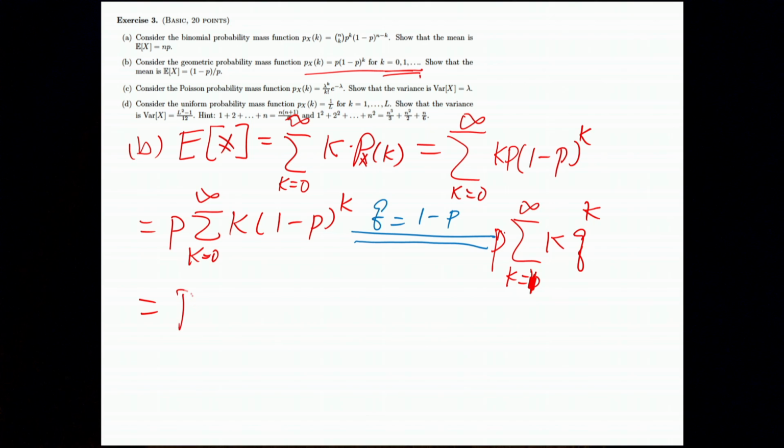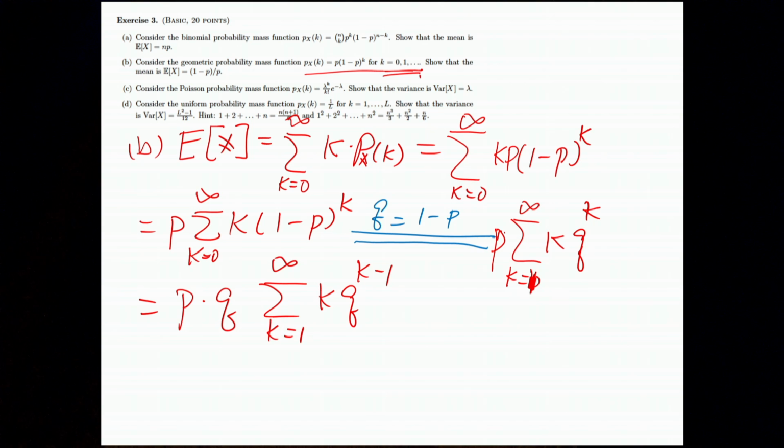Now I can have p times q, taking one q outside. We don't need to change p; we just leave p here, and later let q be 1 minus p. So if I have one q outside, here is k times q to the k minus 1, k from 1